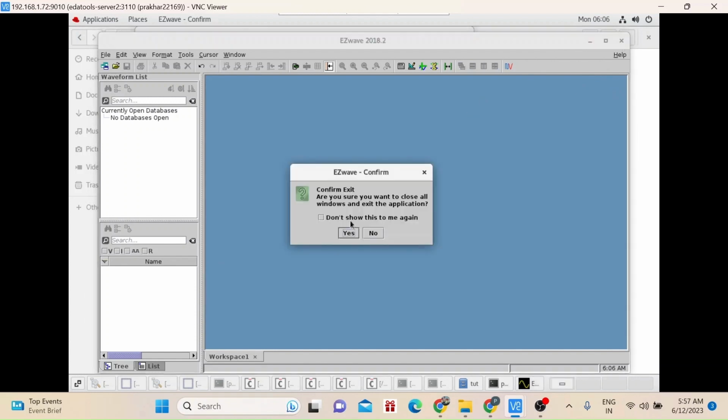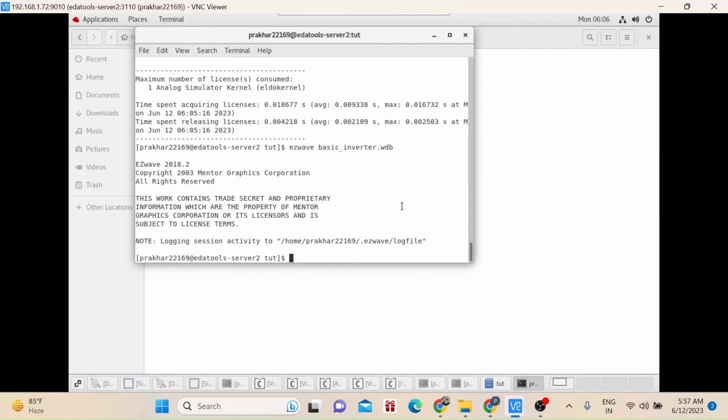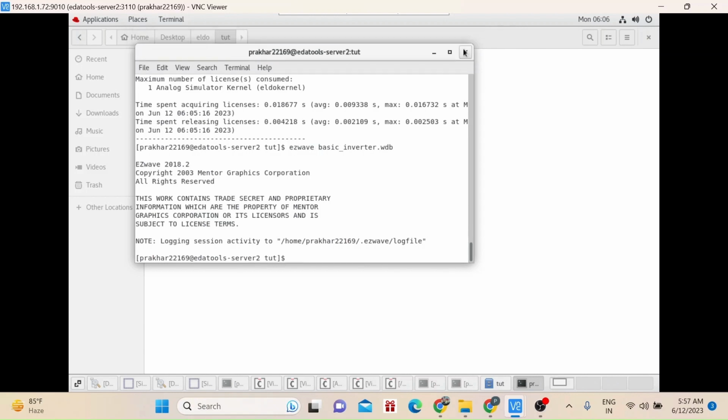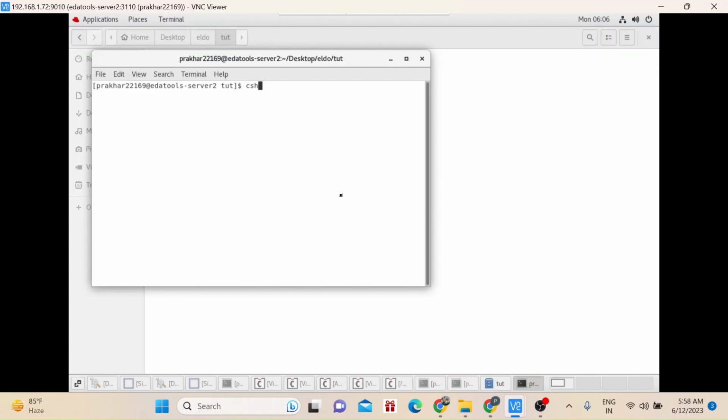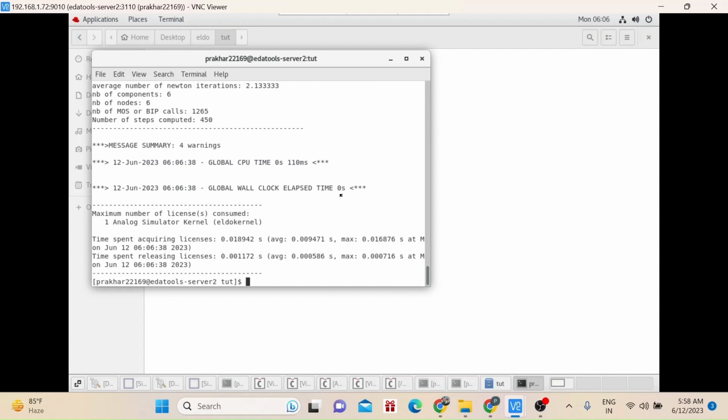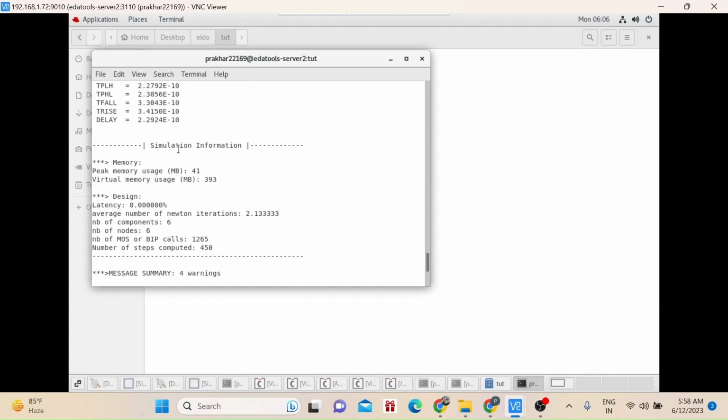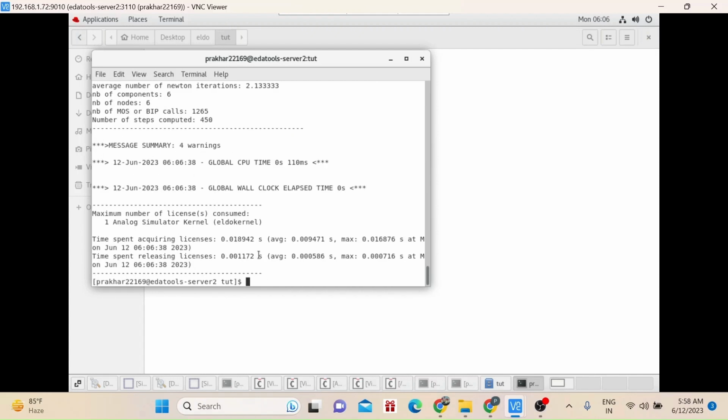Let me open it again. The name is wrong, that's why the output is not coming. Again enter.